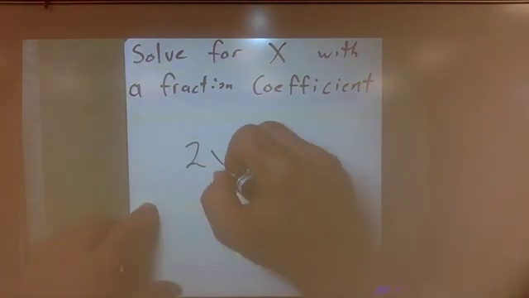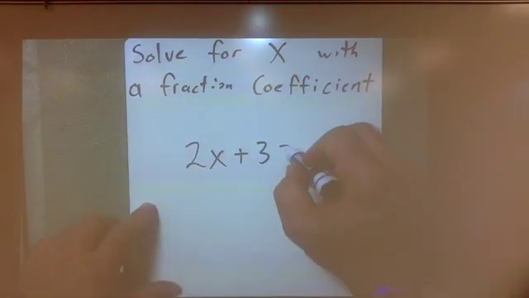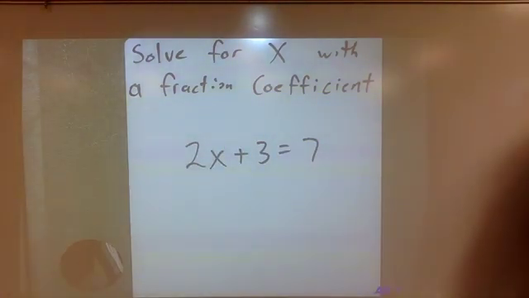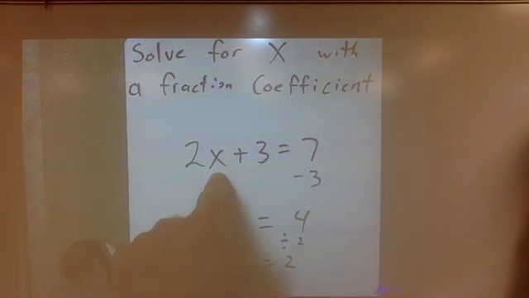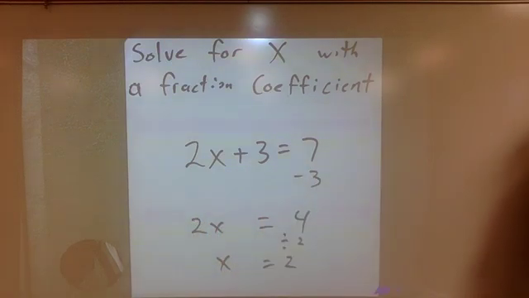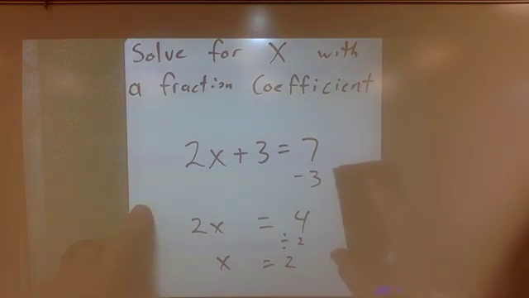So say you have this two-step equation right here: 2x plus 3 equals 7. You would subtract 3 to the other side to get 4. And then you would divide by 2. And you would say x is equal to 2. 2 times 2 is 4. 4 plus 3 is 7. All right, I raced through that. I'm going to explain this in more detail and slower here in a minute. But my point is,